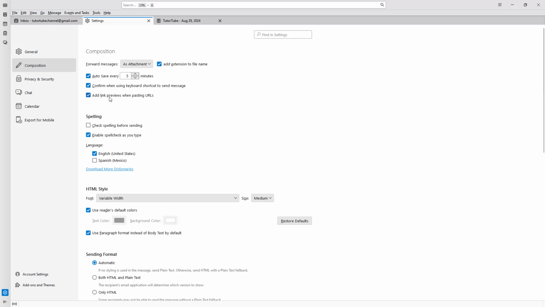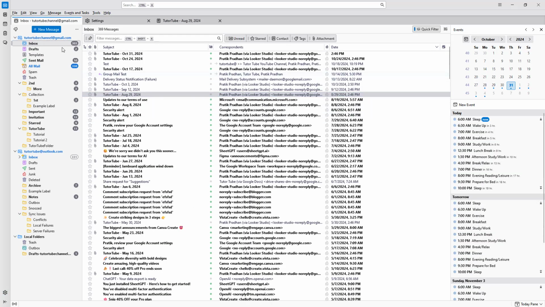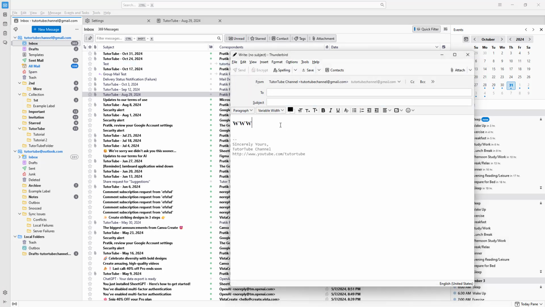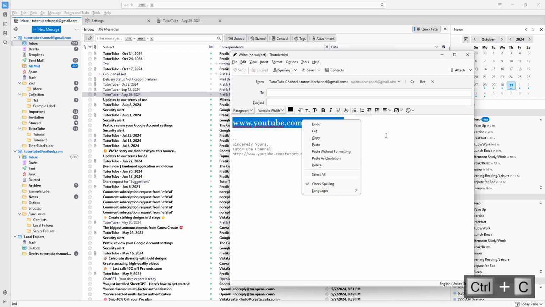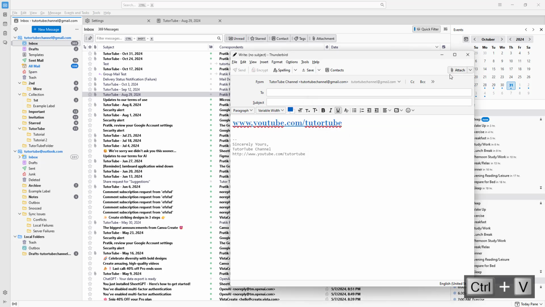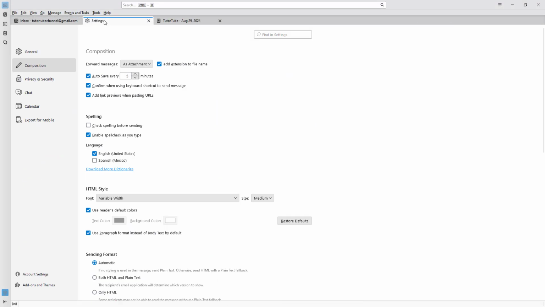And you can also add link previews when pasting URLs. So let's say I go onto new message right here and I type in www.youtube.com/tutube, just like this. Let me link this over here. Then I'm going to change this into a link right here. Then there will be a link preview attached with this particular email as well. So that is how you can work with the composition settings inside of Thunderbird to change how